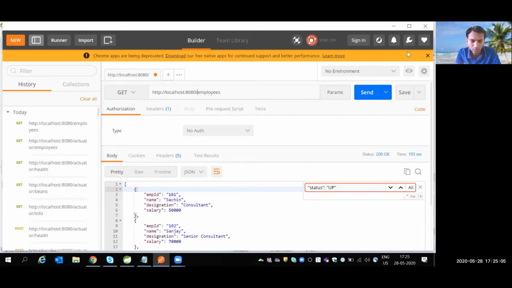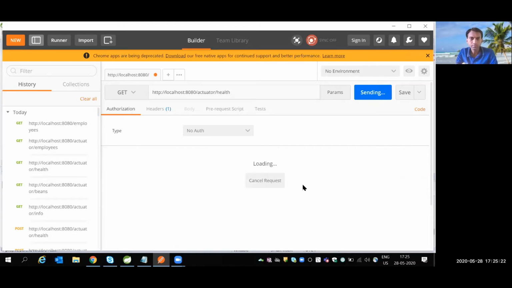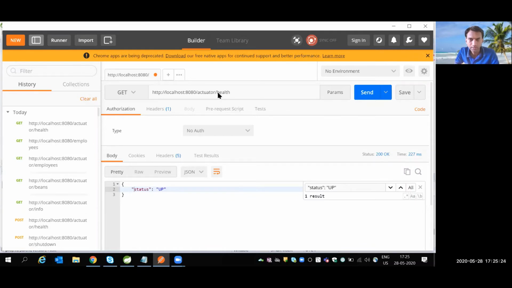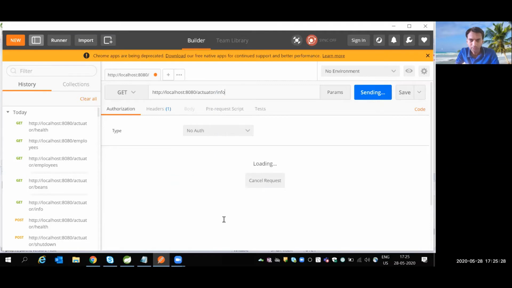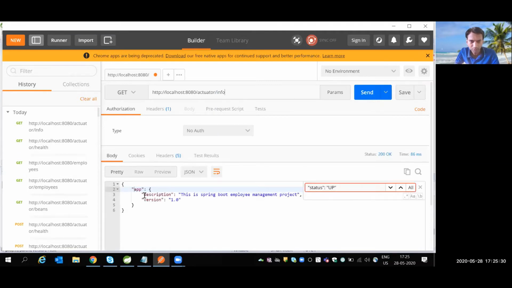So to view the endpoints of Actuator, we have to type /actuator/, and one of the endpoints I have already shown you, that is health. The second is info. In the properties file, I have written these two details: the description of the project and the version of the project.